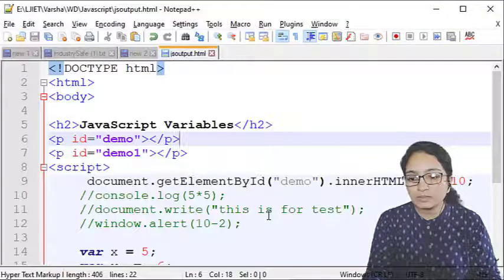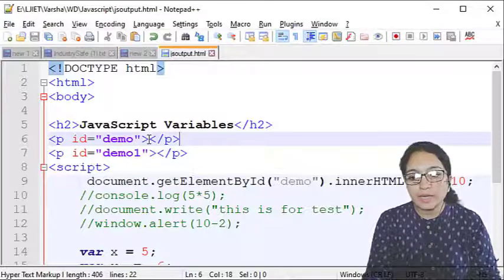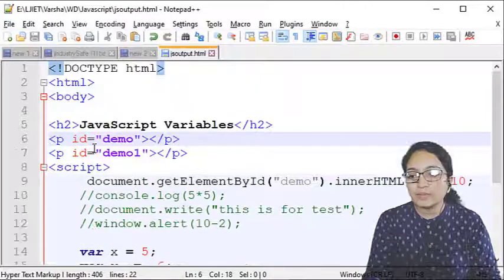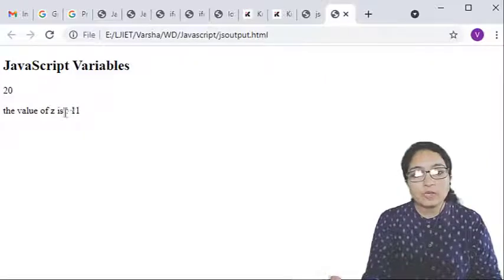With document.getElementById, 20 is displayed directly because we have not written any text over here, we have just written 10 plus 10. So 20 will be displayed in this p tag, and the output of Z, 11, will be displayed in the other p tag. So in this output the value of Z is 11. This is one of the methods of displaying output.